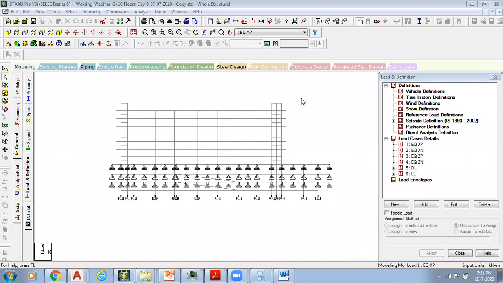Once you run it, what do we check here? We have to check if there are any warnings, any errors, any failures. If there are any errors, it means we have made a mistake with the programming, so errors are not at all acceptable. You just have to find those errors and rectify them. The second thing is, if there are any warnings, you go to the warnings, understand them and try to rectify and clear them.